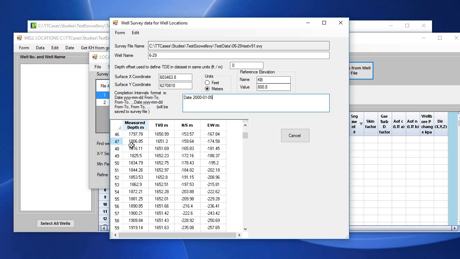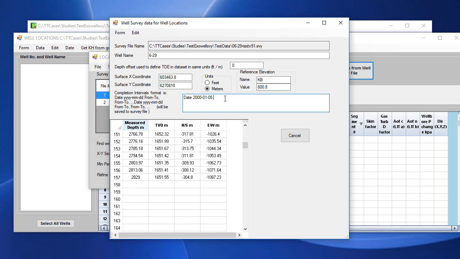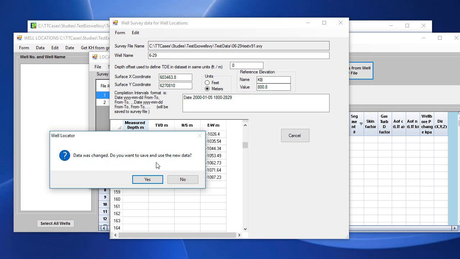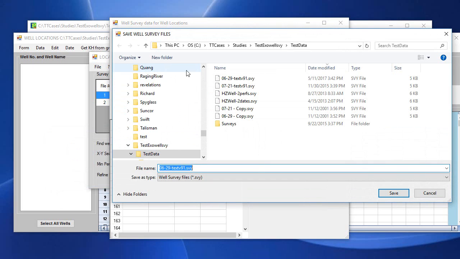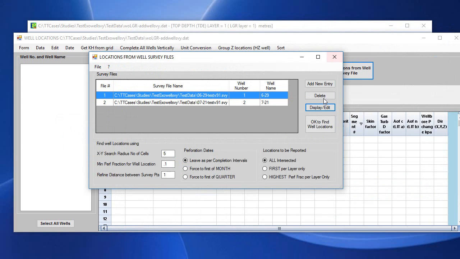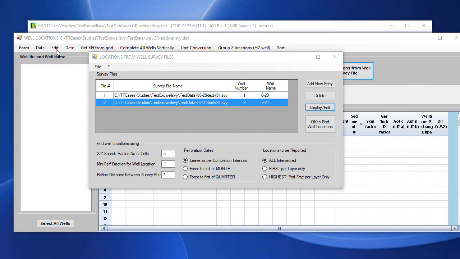1800 to 2089, for example. 1800 from to a dash 28, 29, and if there's another date, you can put in date again, following on this line, and save the information. So we can form close, and it says the file was changed. You want to save it, say yes, save it, and use the new name or a different name. I can use the same name here, replace it, yes. So this information can be edited,